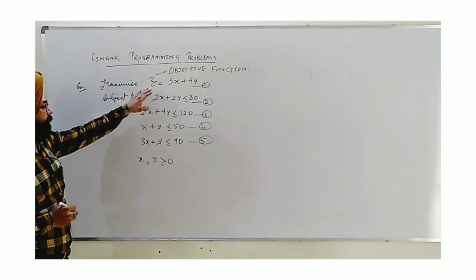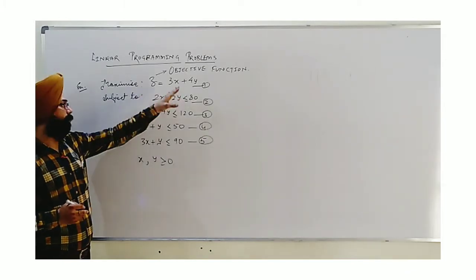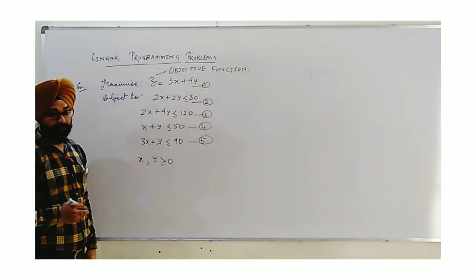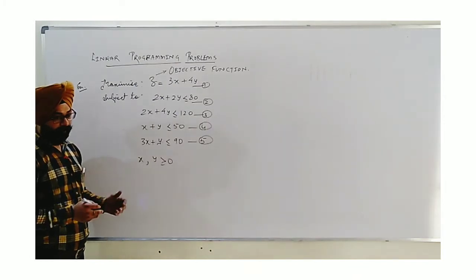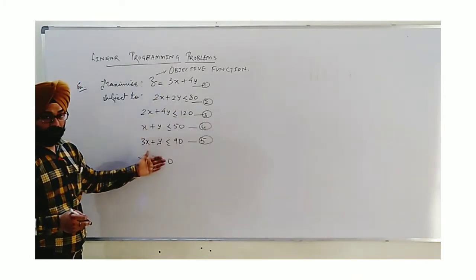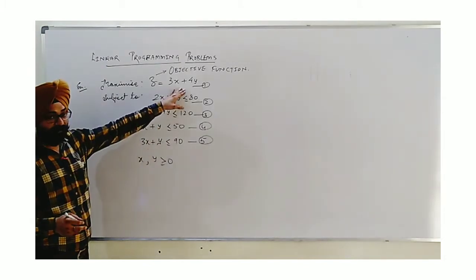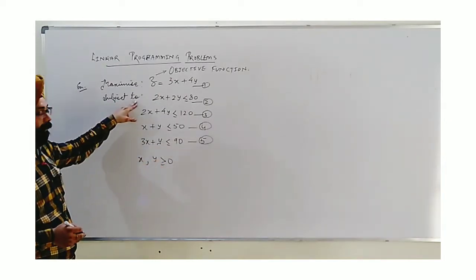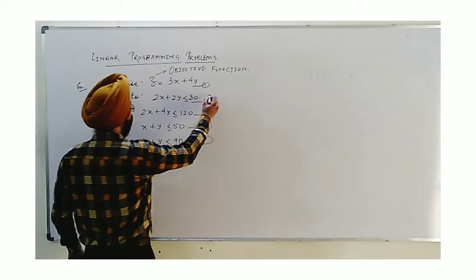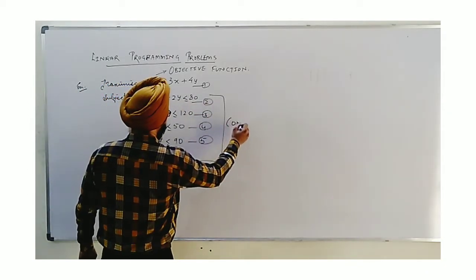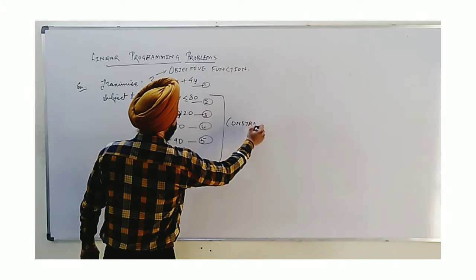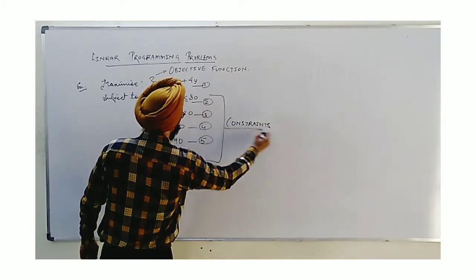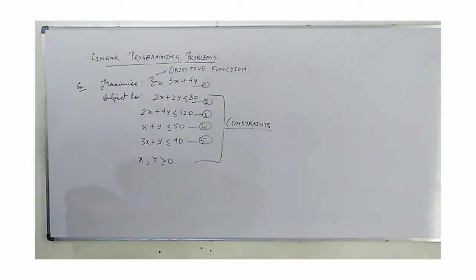So we have to maximize z with the combination of the values of x and y, which are actually bounded by or assigned to these all inequations. These x and y are restricted by all these conditions actually in the form of linear inequations. That's why we are given subject to. So these all are known as constraints. These conditions are applied to get the values of x and y which give a value of z in such a way that we can find the maximum.